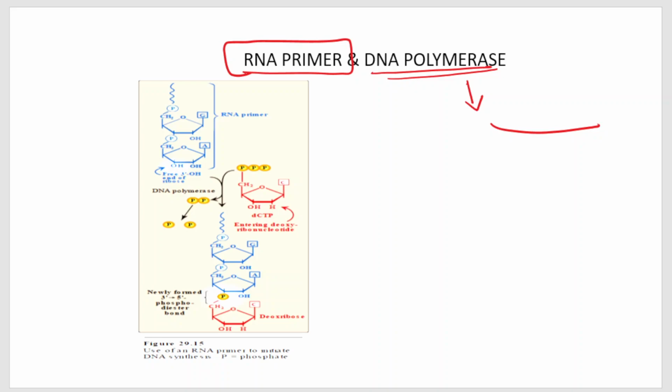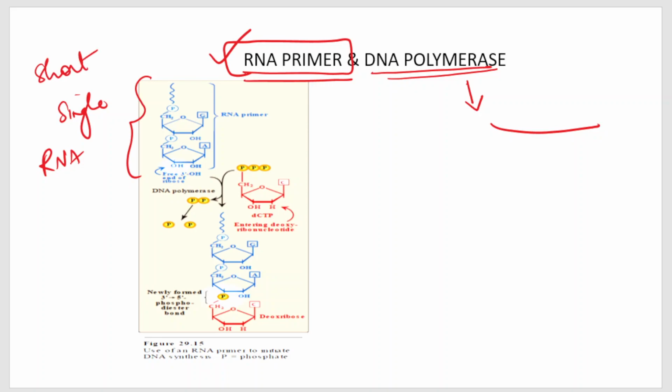So you have to attach one RNA primer. An RNA primer is nothing but a short fragment of single stranded RNA, a short piece of nucleotides. We have to attach this RNA primer